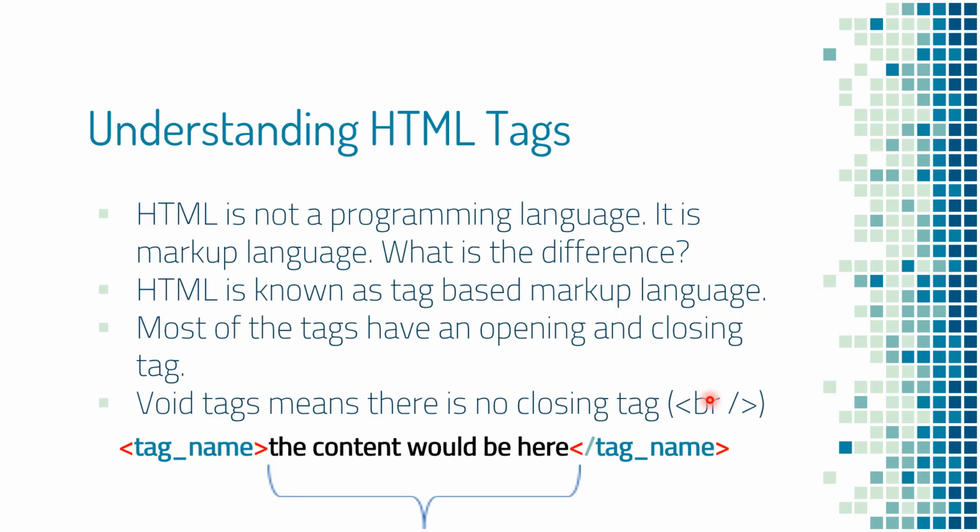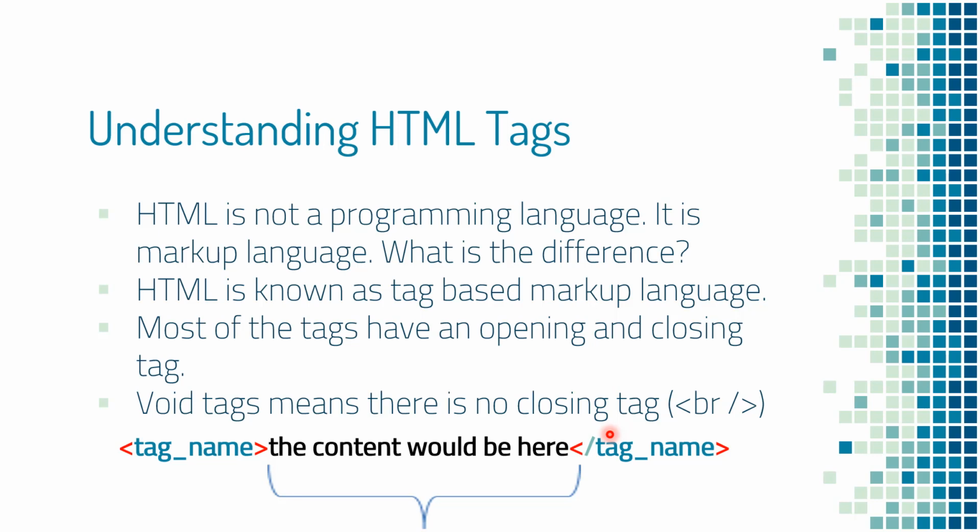You cannot say, from this area to this area, it's going to be the image. An image is just one object. You wanted to insert this object, so you don't need a start and closing tag. Most of the time, you would see a few